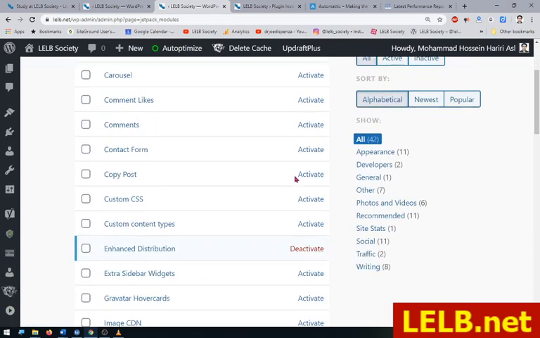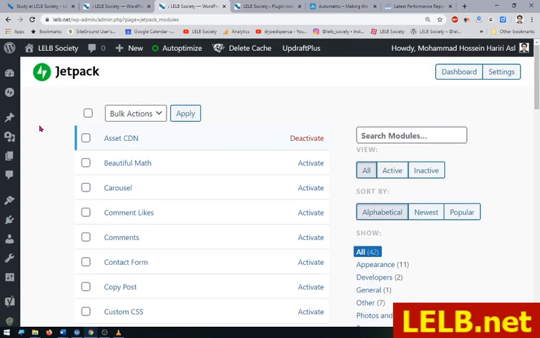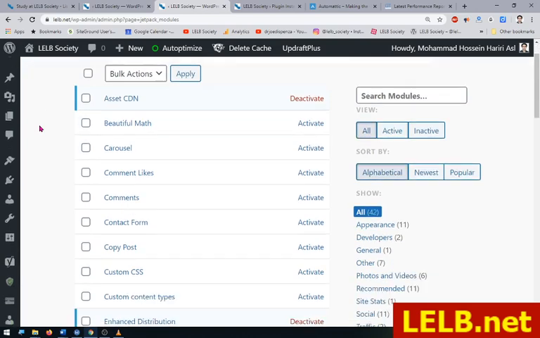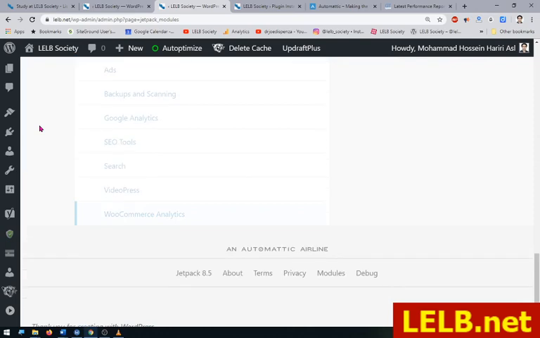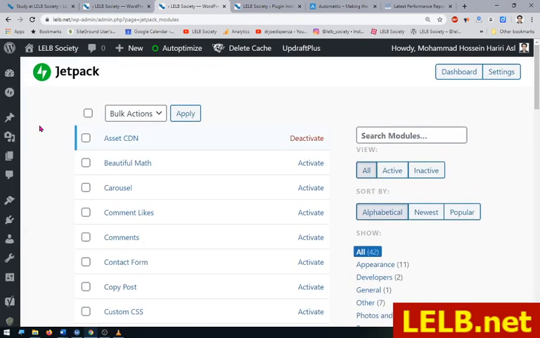Yeah, so there are over 42 modules, and this is really crazy if you want to enable all of them. And make sure you don't need all of them to keep activated. Among these modules, actually I have just enabled 5 of them, and I'm going to give you a short description, an overview of each individual one, and give you some explanation to see if you really need them or not. The first one is Asset CDN, and this can